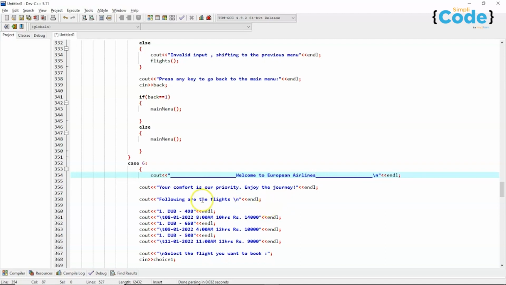European Airlines, then we'll change its name to EU 498, and the date, let's say 2, time is 2 AM, 18 hours of flight, and its price is 36,000. 31,000. 10 AM, and